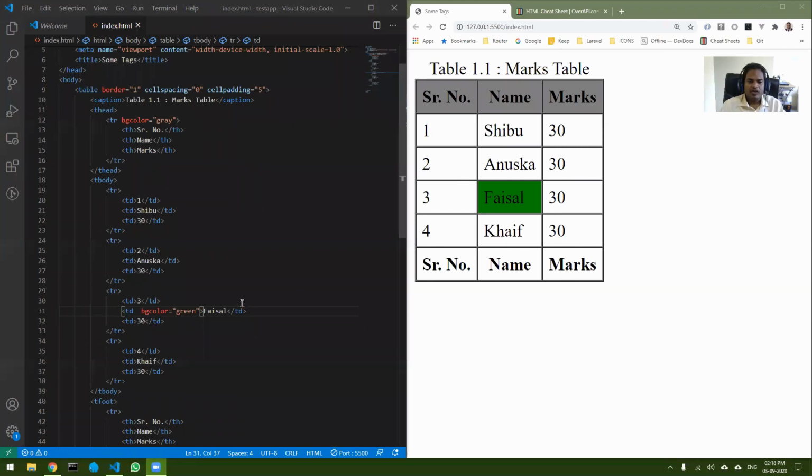So now what if I want to change the entire column's color? Any idea how we can do that? Anyone can suggest how we can do that? I want to change the color of the entire column. I want to put it as yellow. So what should I do?